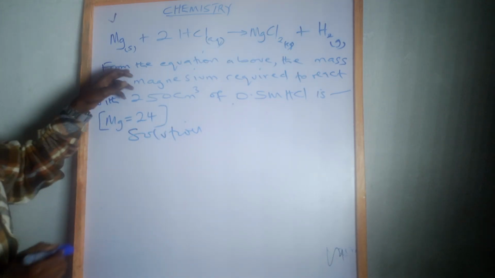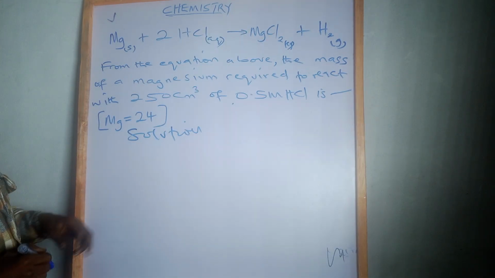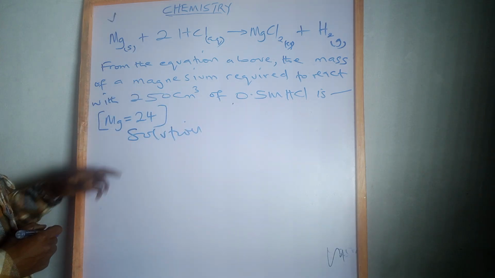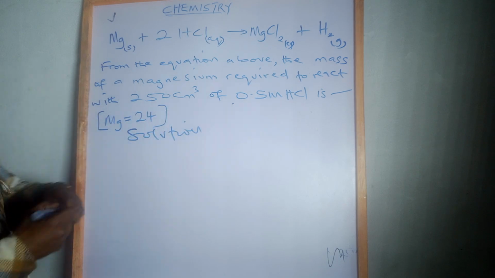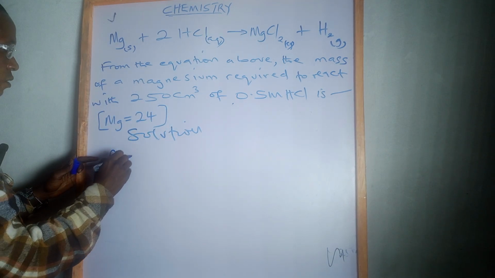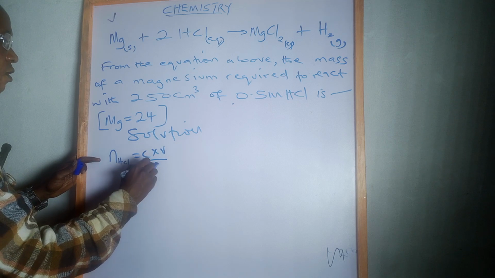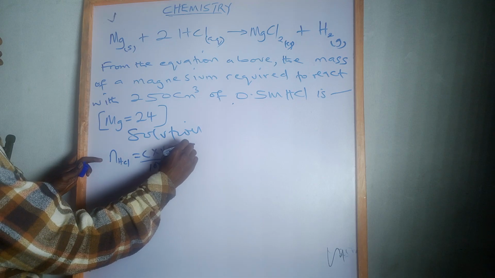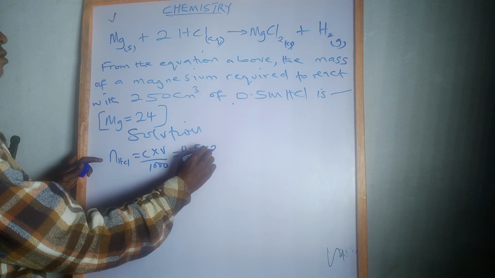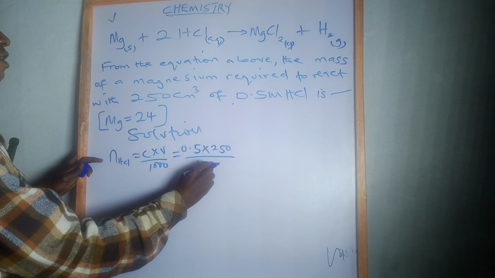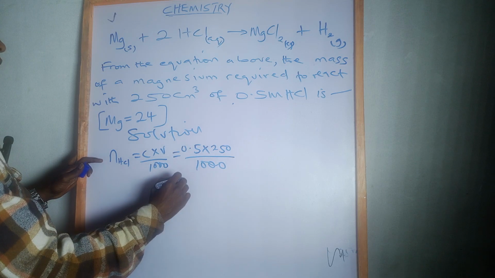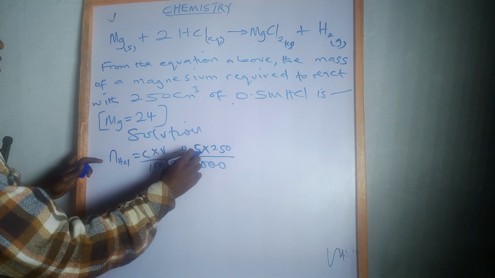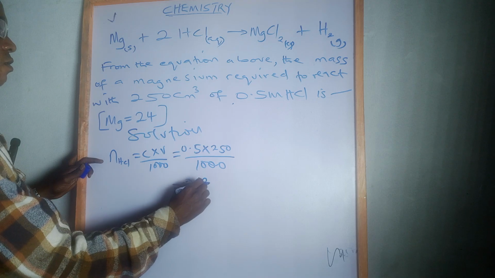We want to determine the amount of magnesium that we had with this volume of acid and this concentration. Before anything, we have to determine the amount of moles of acid that will be used in this setup. So here n = C multiplied by V over 1000. That's the formula to be used. Then we have the concentration 0.5 multiplied by 250, which is the volume, everything divided by 1000. If you do this very well, you are going to get 0.125